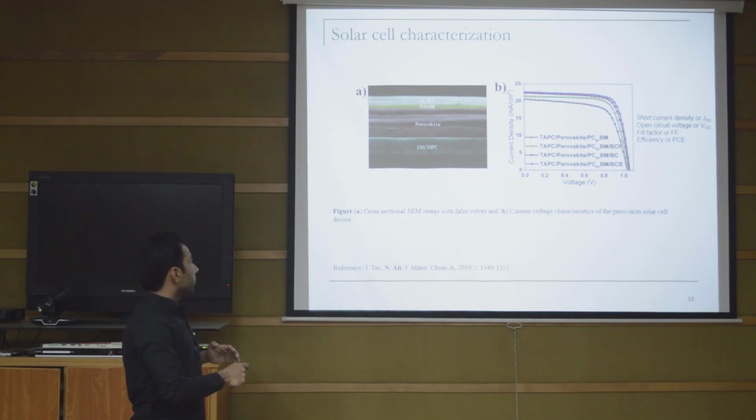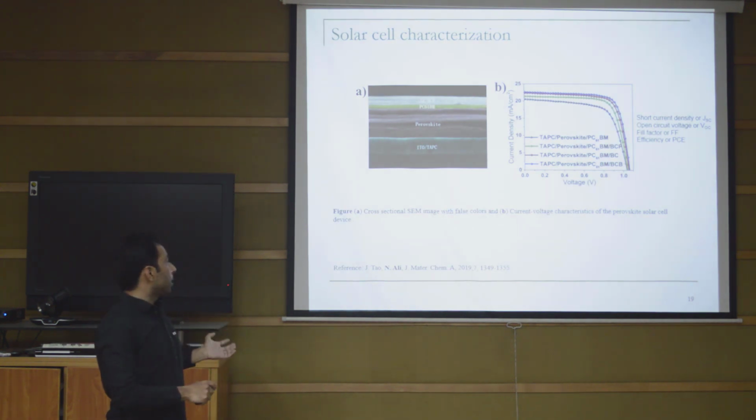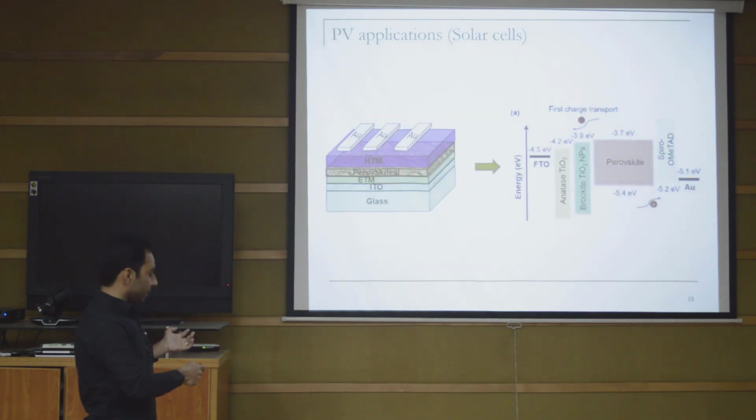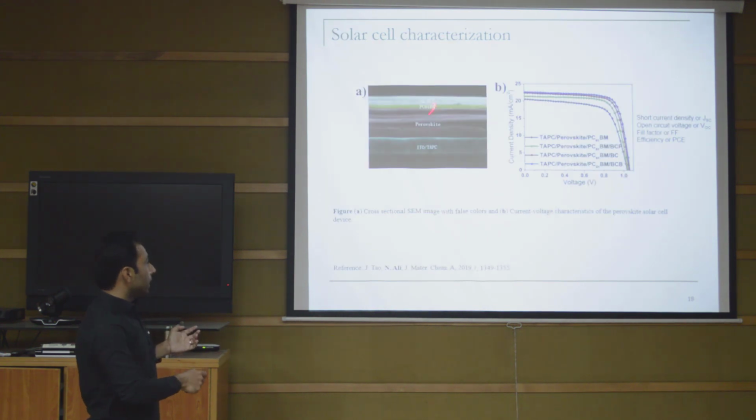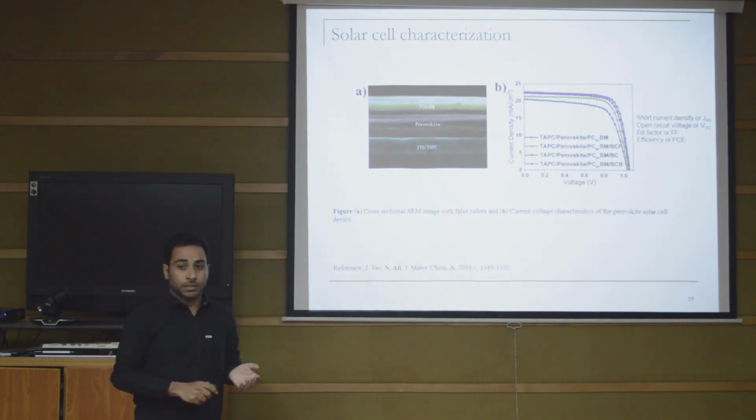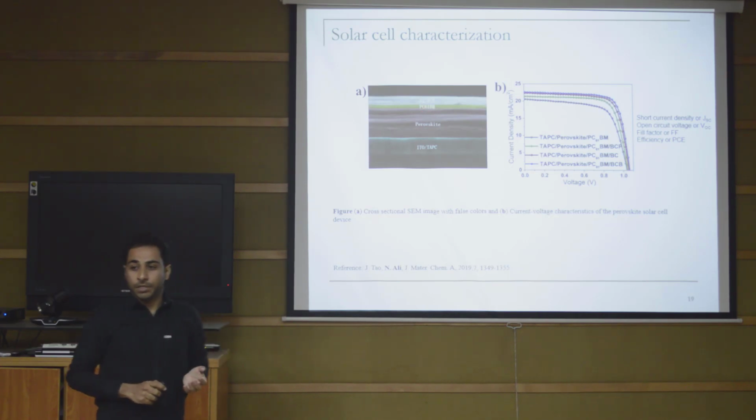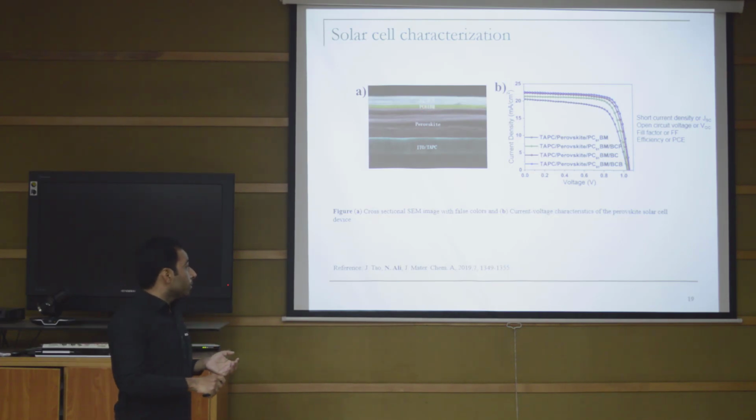Okay, and when you have made the device, then comes the characterization of the device. So here this is the cross-sectional SEM image with false colors. It is indeed this architecture which can be seen through the SEM after you make the real device. And from this we usually calculate the thickness of each layer, and then you have to calculate the current